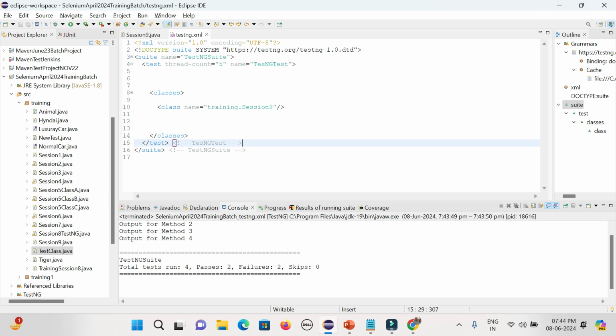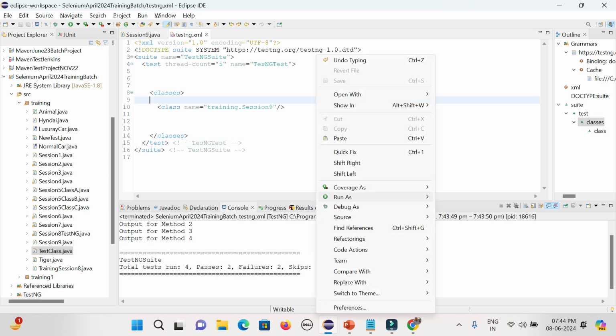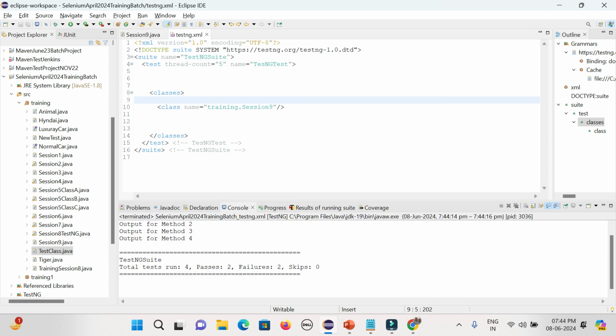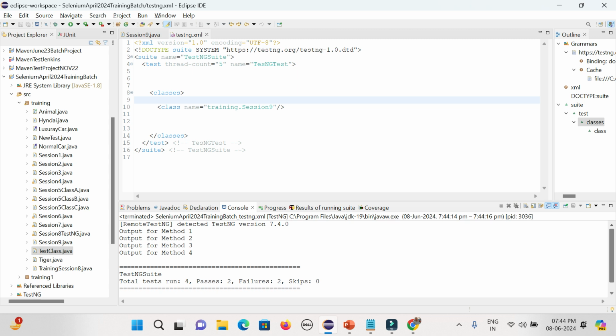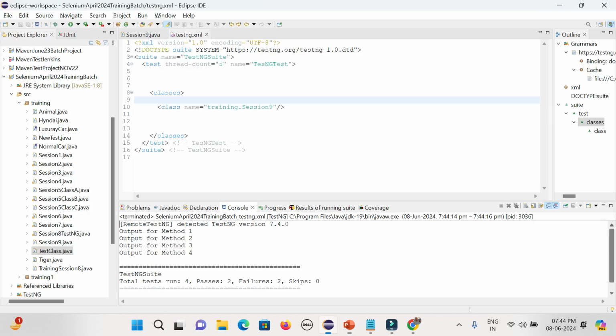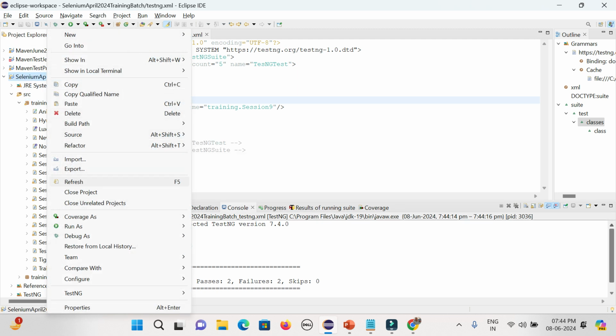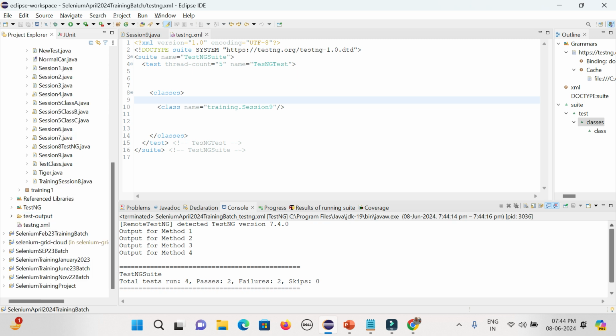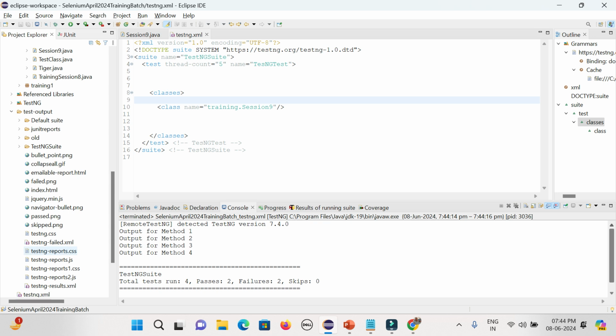Here, if you run 10 times, it will run everything. But in case you have 500 test cases, it may take a couple of hours to run. So is it possible to run everything every time? No. Then what is the best solution? To run the failed test cases only. So you have to refresh the project, go to the test output folder, and there will be something called